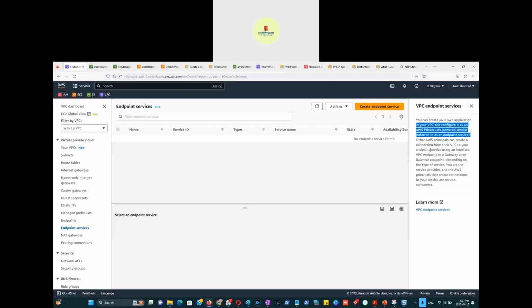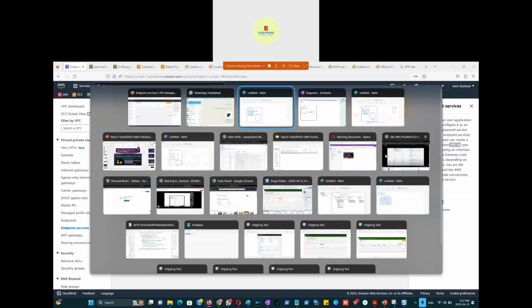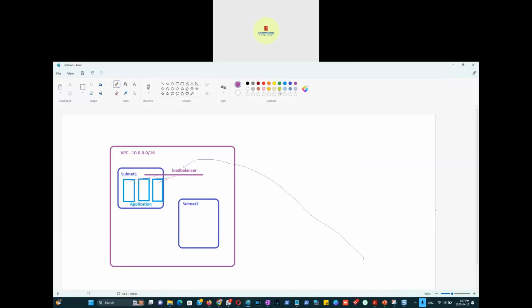Other AWS principals can create a connection from their VPC. So there is another VPC connecting from their VPC to your endpoint service using an interface VPC endpoint or a gateway load balancer endpoint, depending on the type of service. So basically, what they're saying in English is that